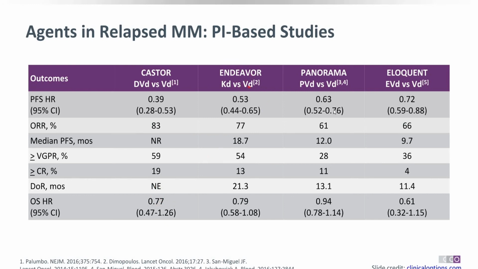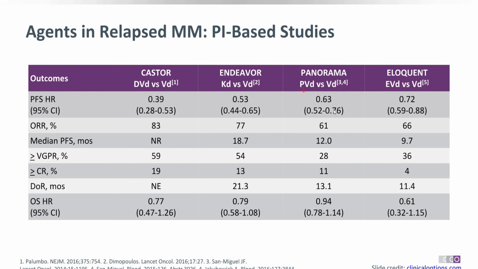So Endeavor is more or less a negative trial. Panorama, yeah. Pomalidomide, Veldexa. So this is the Panorama trial. As I was discussing, my patient today we have seen, in that patient also we have used Lendexa. So this is the regime which has been given to him as an option. But the problem is thrombocytopenia and neutropenia. We'll see how we will get over those challenges in due course of time.